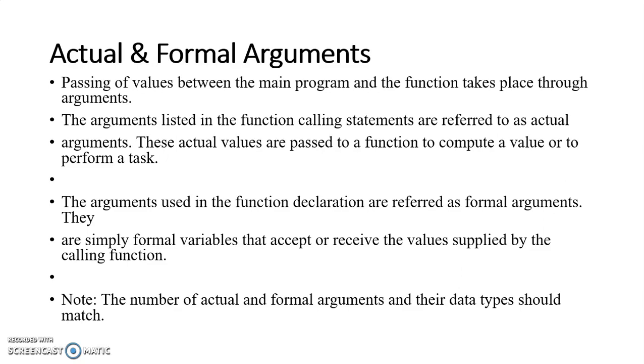Okay, so what are those? I'm taking the same function, add. How are we calling the function? I'm just writing add. Here we don't have any return type with the function name. We just call with the function name only. So we write add, and after that in round brackets you write the parameters. So we write a comma b. Here there is no need to write the data type again. We are just calling the variables which are taken from the user. So add, in brackets a comma b, and the semicolon. So this is a statement for the function calling.